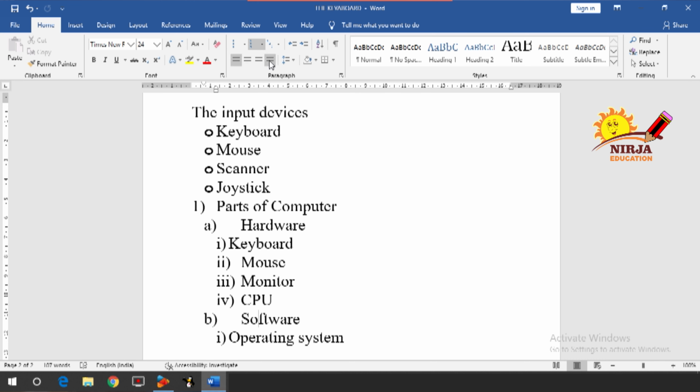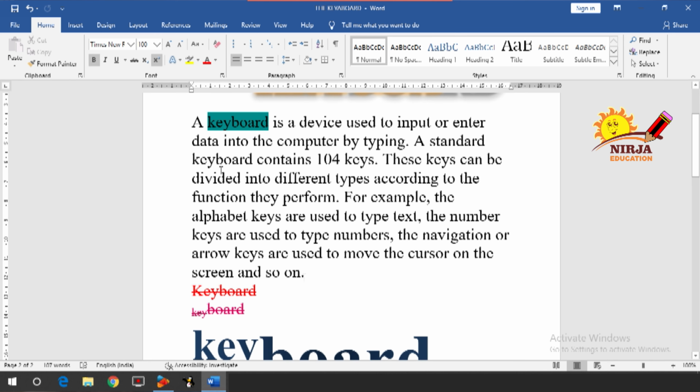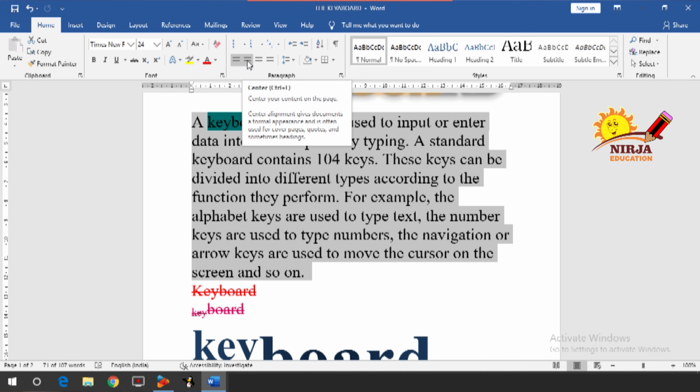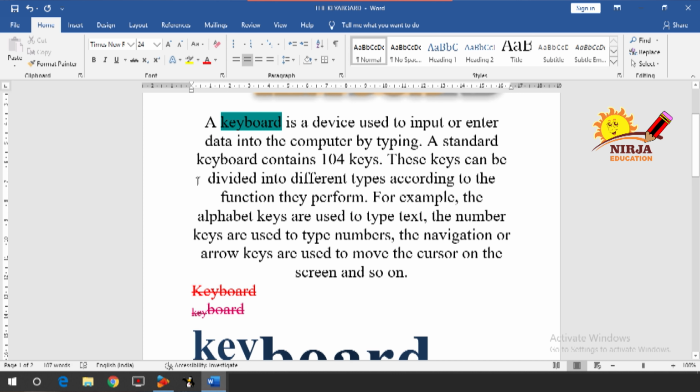Now these are the margins. So next is your left margin, align left, center margin, align center, this is your align right and this is your justify alignment. So how is it working? Let's see that. As you can see over here, I have selected the paragraph of keyboard. So if you go for center alignment, which centers your content on the page, so click on that. Did you see that? It is at the center position, as you can see over here.